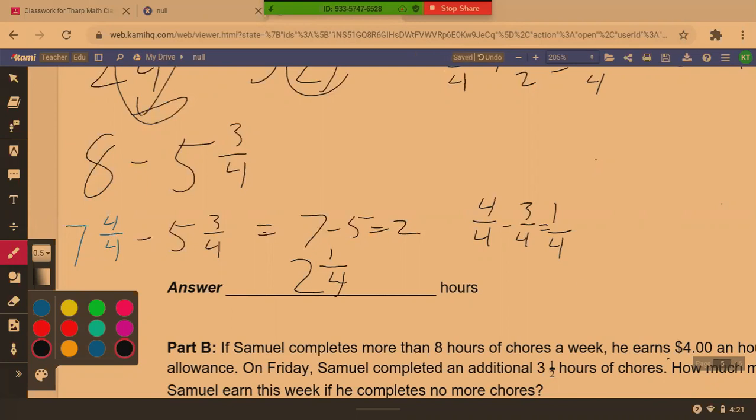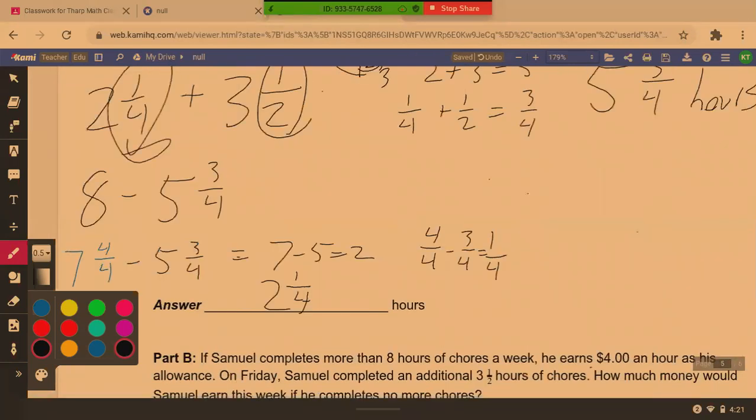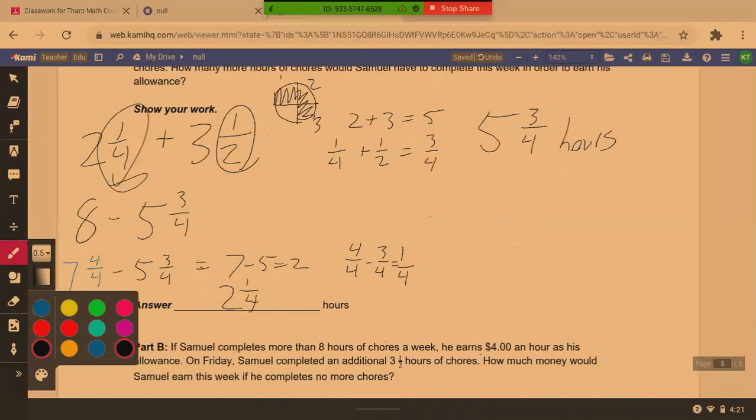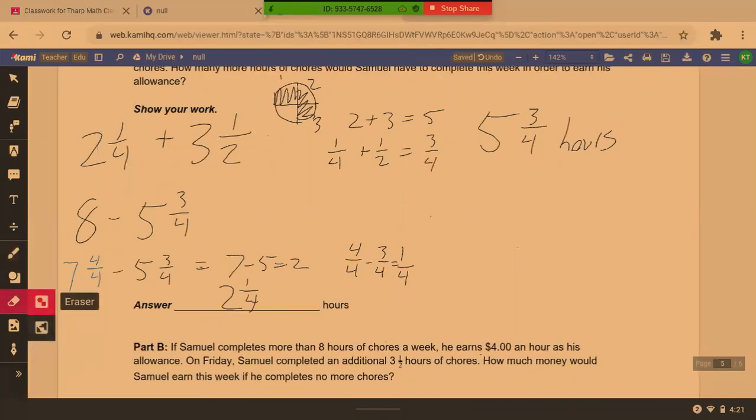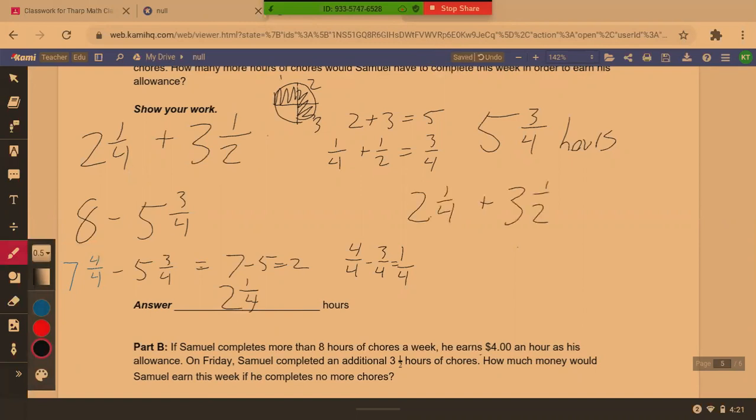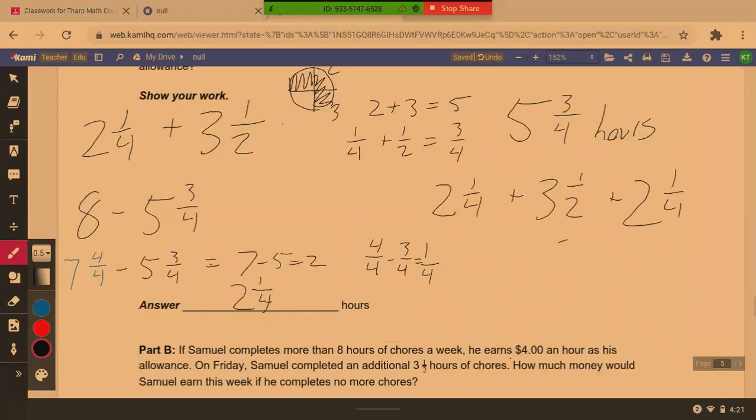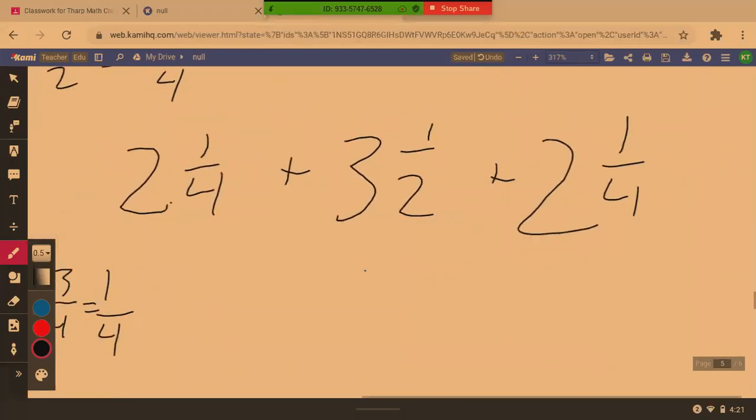And if you don't believe me, let's add up all the hours that he worked. So he first did 2 1/4, then he did 3.5, and then our answer was 2 1/4. So let's add the whole numbers first. 2 plus 3 plus 2 equals 7. 1/4